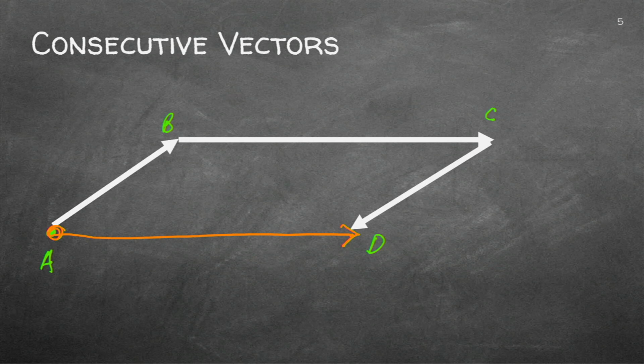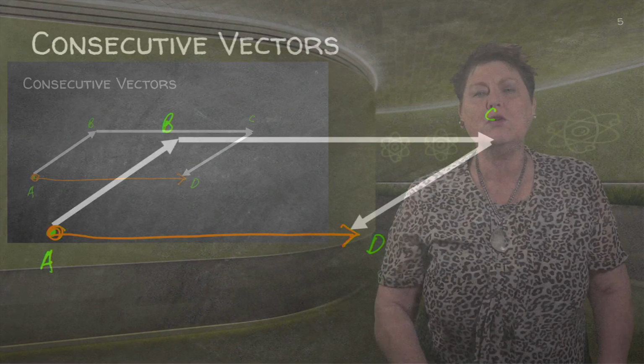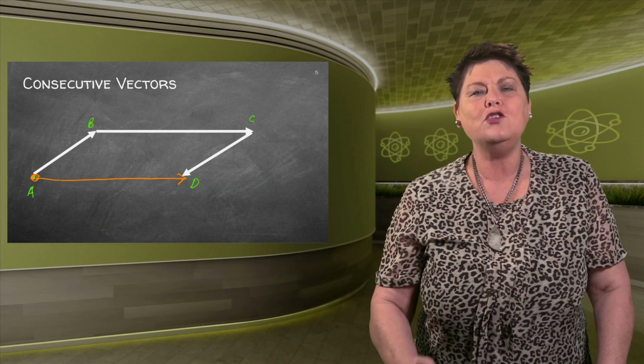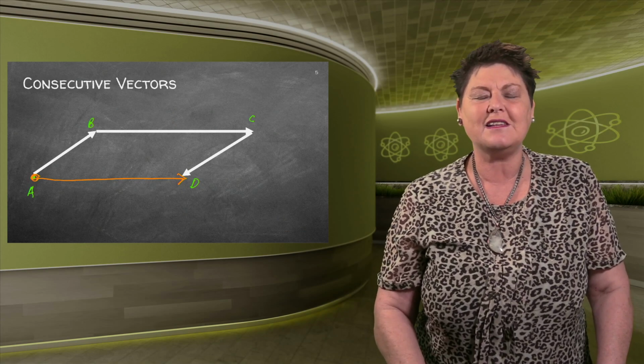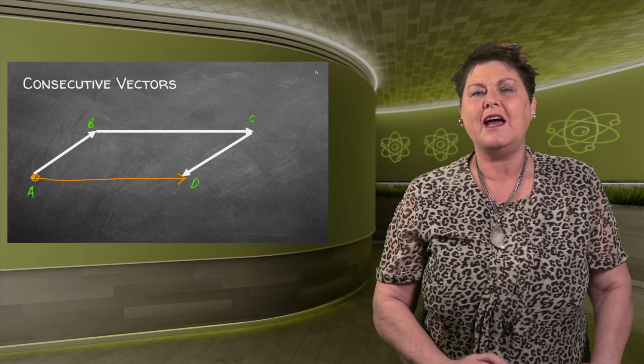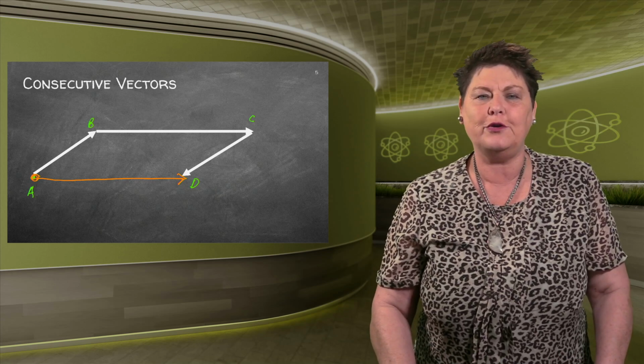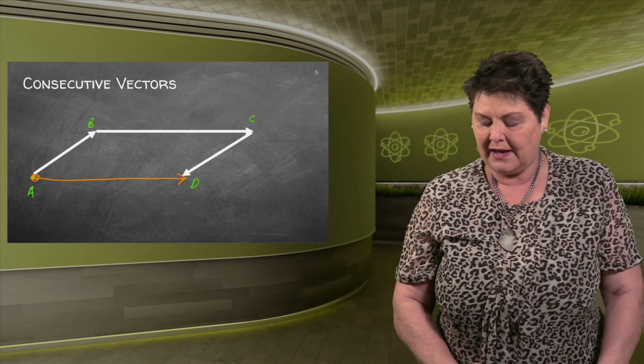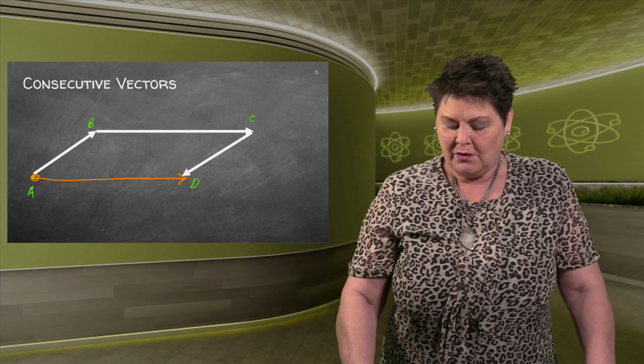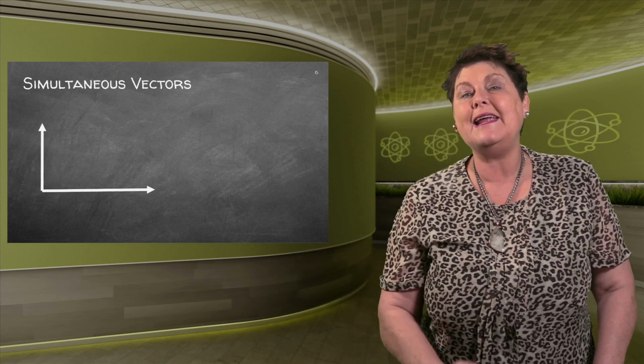graphically. Why don't we work graphically all the time? Because it takes a lot of time. So you'll usually use your mathematics and all the geometry and all the trigonometry that you've learned to find the resultant AD. Right, we can also find simultaneous vectors.